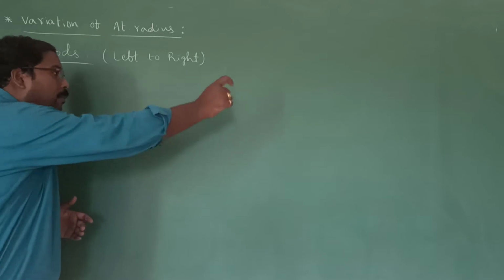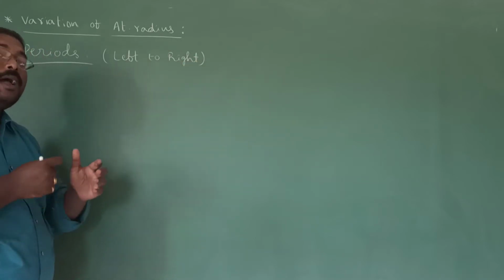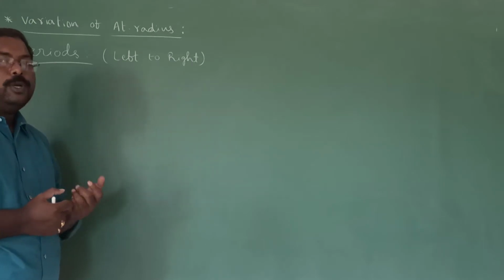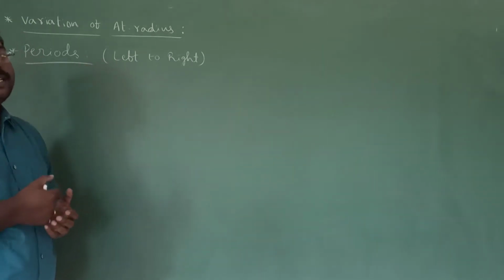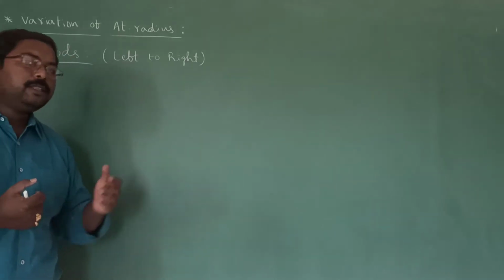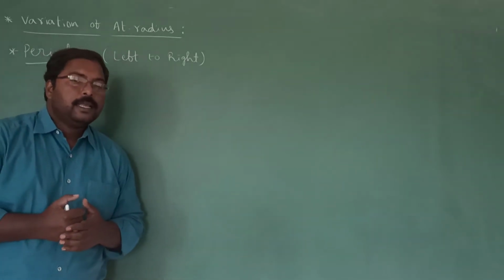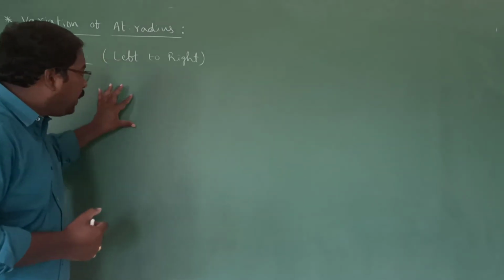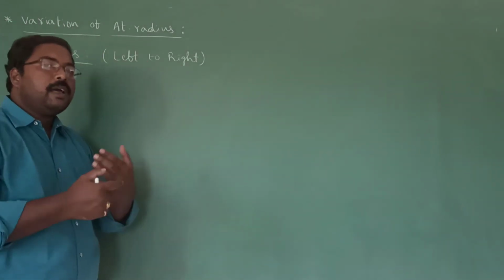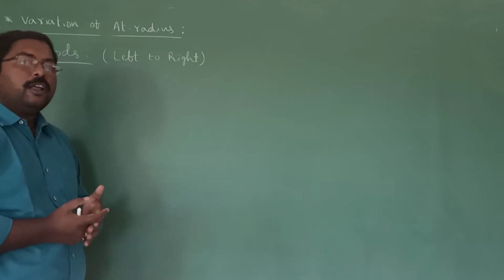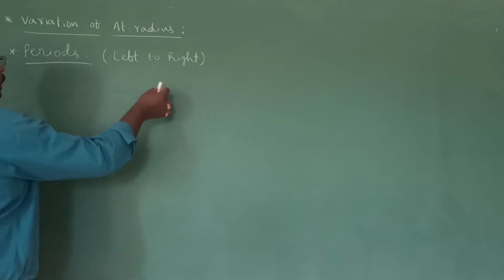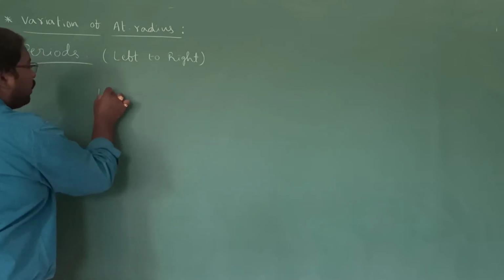So whatever the number of elements in the period, we have the same number of orbits. In the previous case, we said as the number of shells increases, atomic radius increases. But coming to the periods, all the elements in a period will have the same number of shells. Can we say all will have the same radius? No. Okay, so if you observe the second period in the periodic table, we know the starting element of the